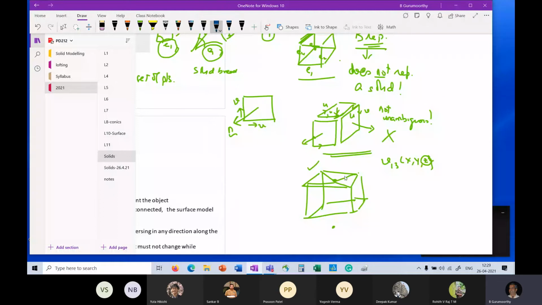Remember, the connectivity information is still the same, and therefore this edge is formed by these two vertices, this edge is formed by these two vertices, this edge is formed by these two vertices, and that edge is now formed by those two vertices. And I get an object that looks like this. Okay. Now this, where I have a sort of a pyramid scooped out from the top face, is a valid solid. Right? There's nothing wrong with it.